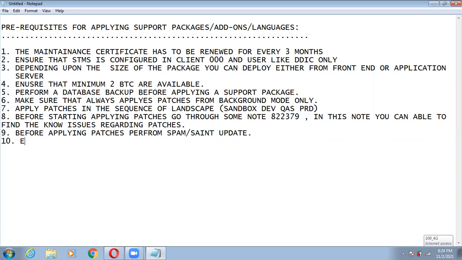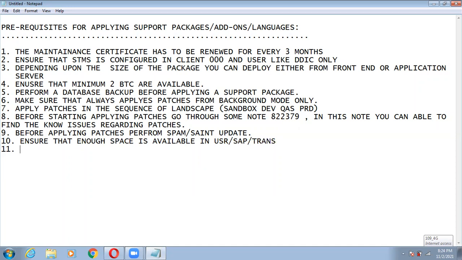Ensure that enough space is available in /usr/sap/trans before applying patches. Okay, 11th point.